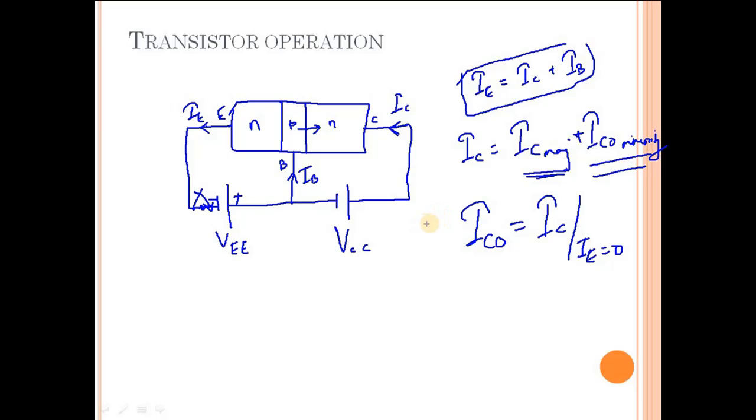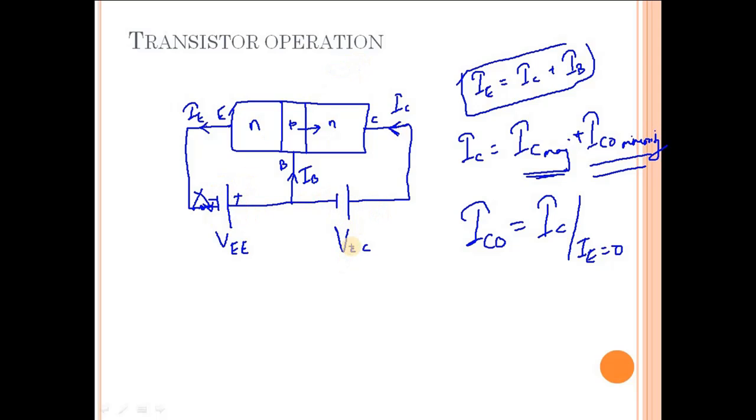The first difference is that the direction of the currents has changed. The IE, IB and IC current directions have now changed compared to the PNP BJT case. And what else? Whatever was the role of holes in the PNP BJT is now being played by the electrons in the NPN BJT, and vice versa. And what other difference is there? The polarity of the VEE and VCC.